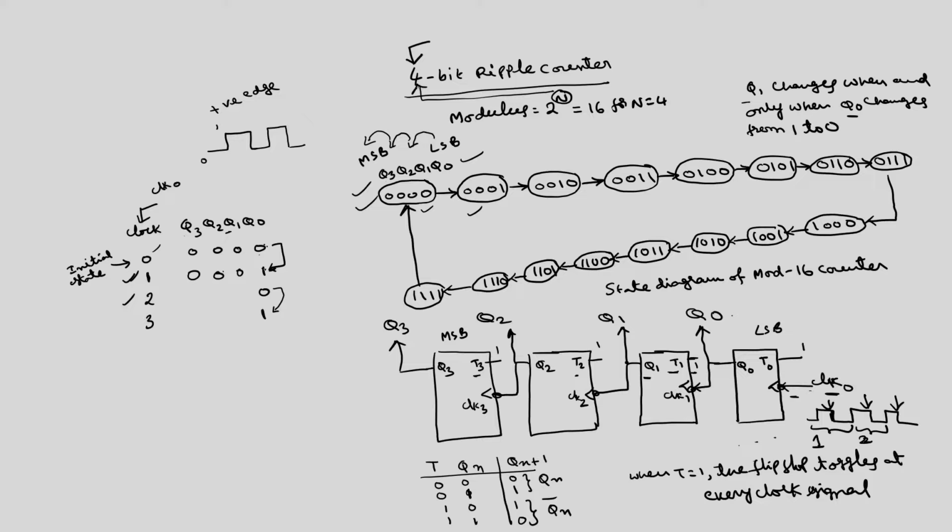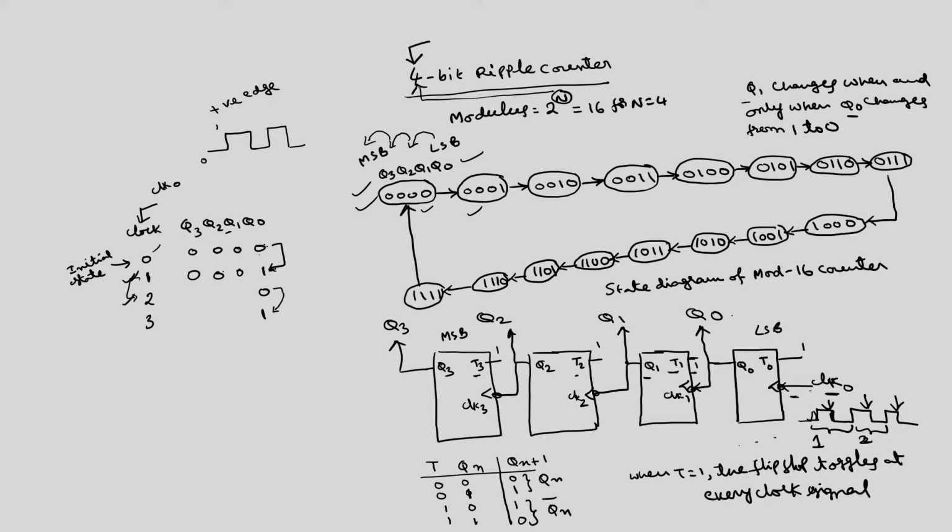At the second clock signal Q0 always changes because of the external clock. One complete clock signal contains a positive edge, negative edge, positive level and negative level, so the output changes. Now from 1 to 2, Q0 is changing from 1 to 0, so Q1 also changes. The condition is: if Q0 changes from 1 to 0, Q1 changes. The condition for Q2 to change is that Q1 has to change from 1 to 0, but here it is changing from 0 to 1, so no change. Q2 remains at 0.